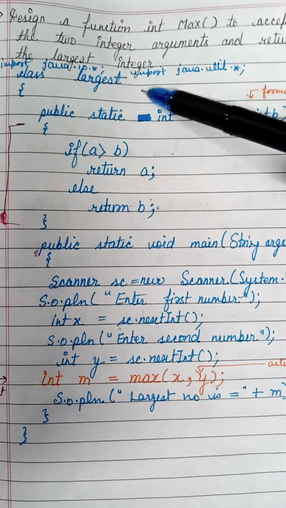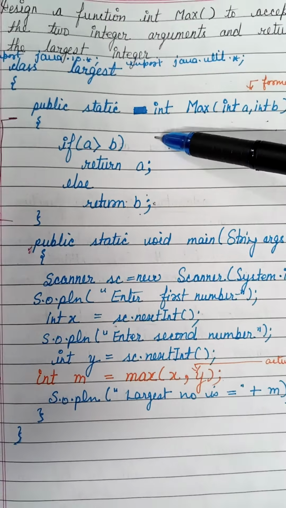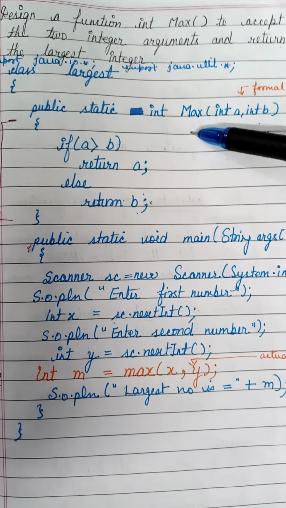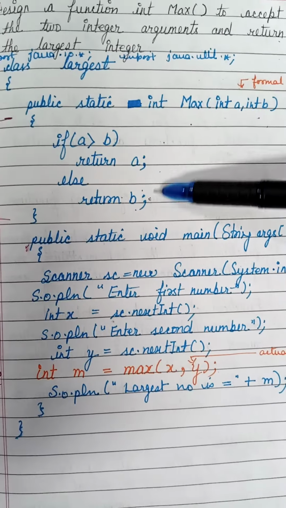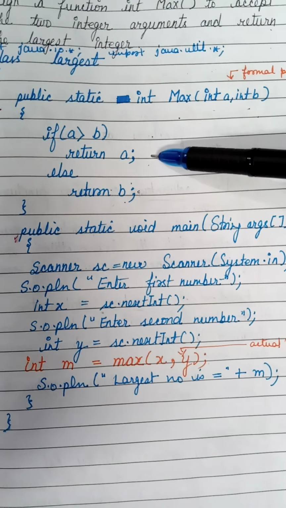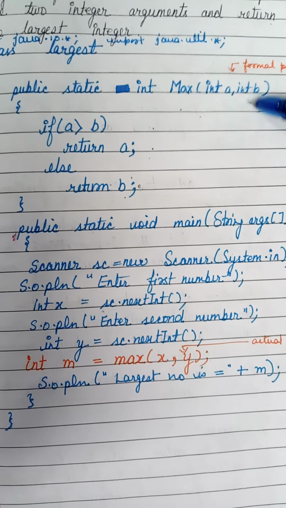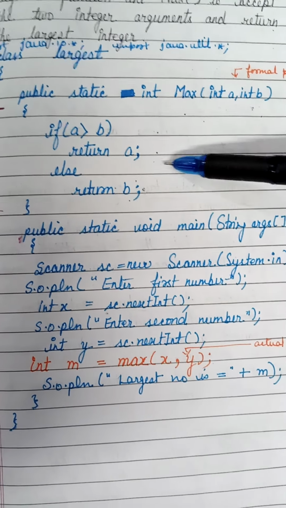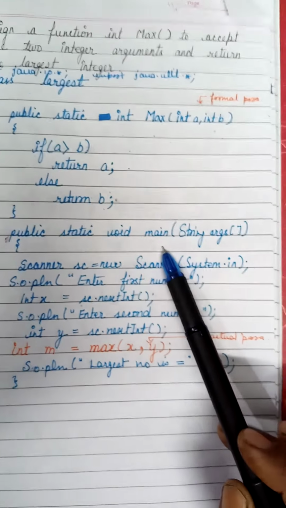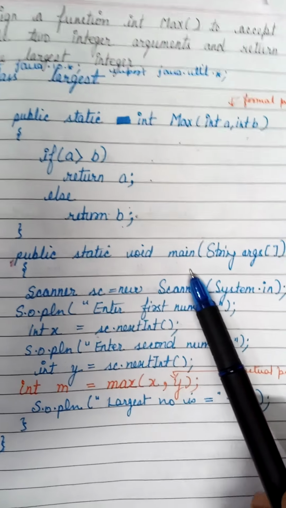Then class Largest I have taken, public static int max, as max will return an integer. The number that is largest among the two will be of integer type. As we are going to compare two integers, we will be getting an integer result. Now come to the main function first. This will execute first. We will run this function.